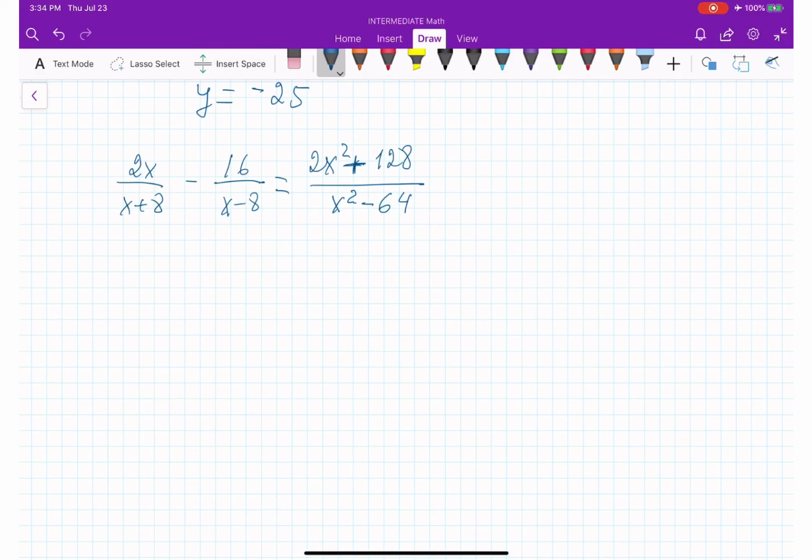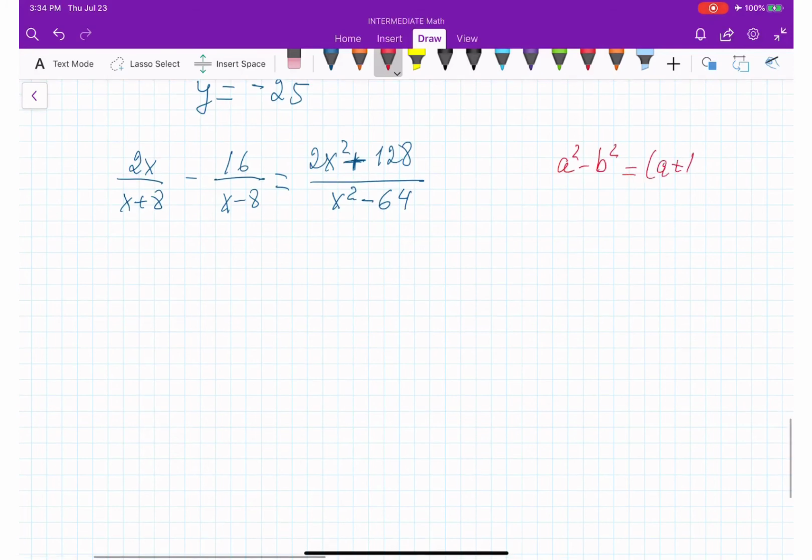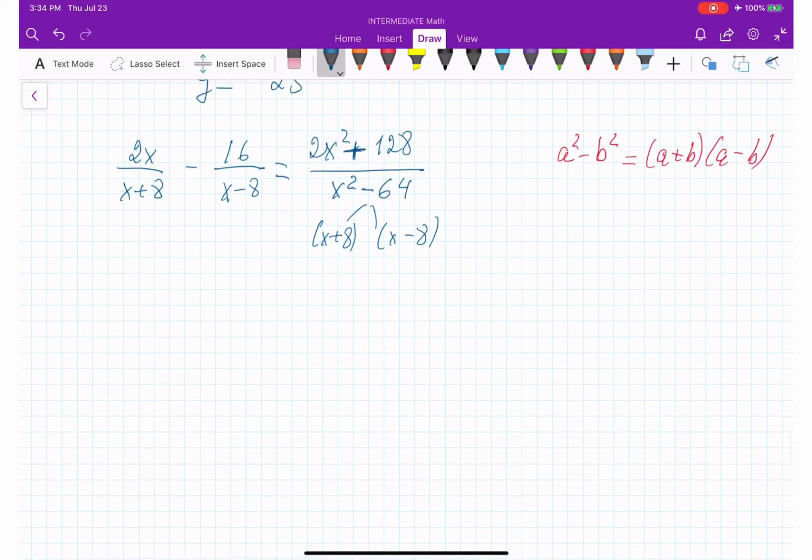So if we break it down, this is the formula a squared minus b squared, yes? That is equal to a plus b, a minus b. Which in this case is going to be x plus 8, x minus 8. Again, you can go and watch difference of squares, a squared minus b squared, if you don't know. So, 2x